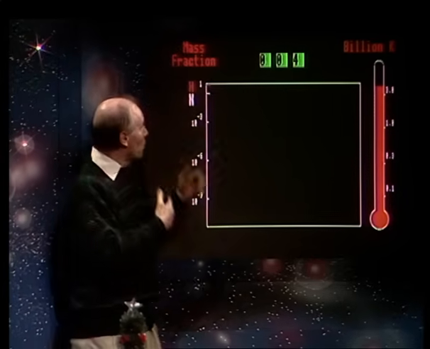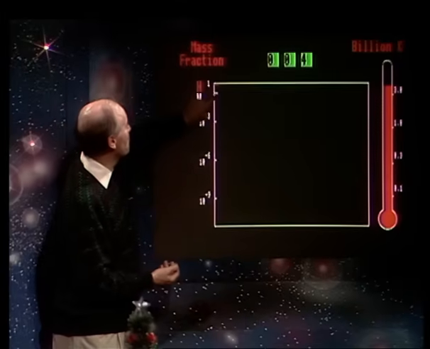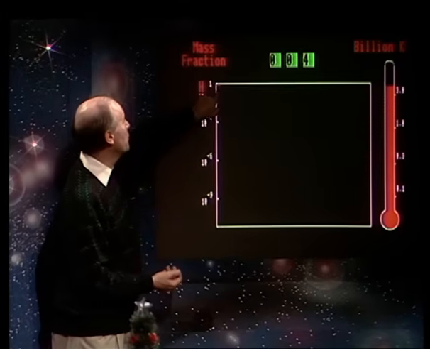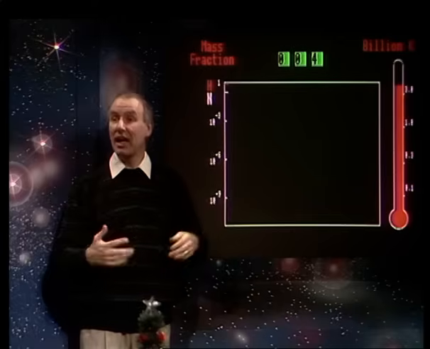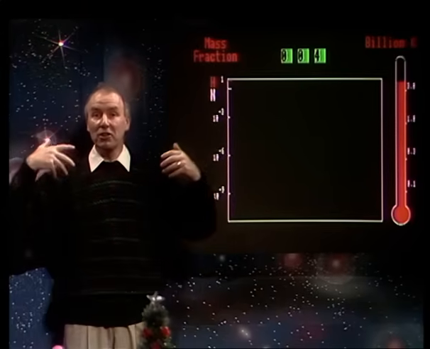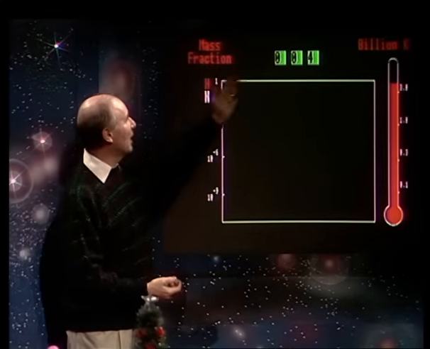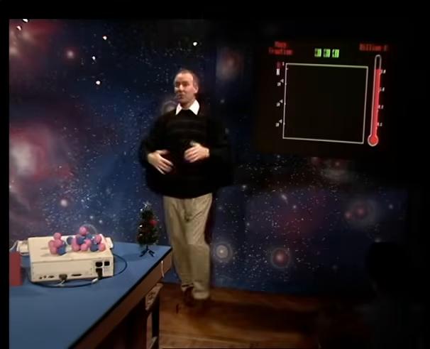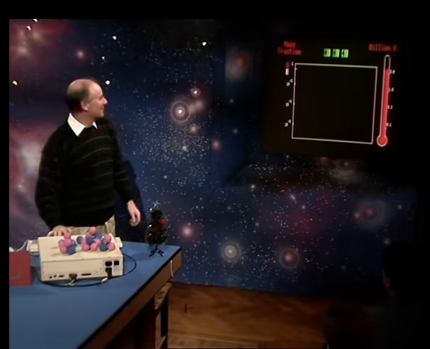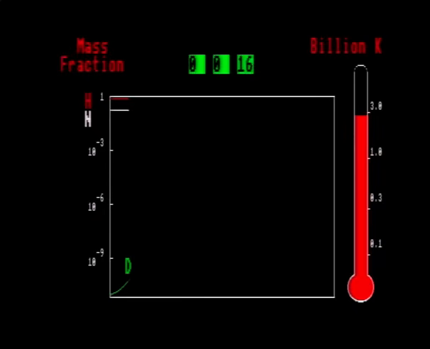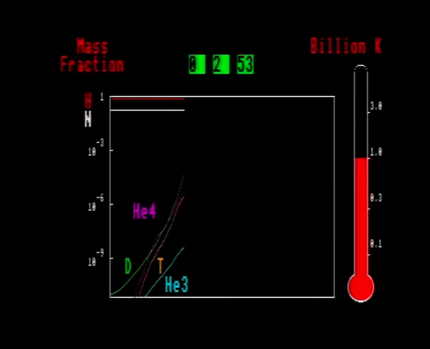Okay? From our physics, we know that we start off with roughly 1 neutron for every 10 hydrogen nuclei. That's the protons. And so we're now going to run through the first 12 hours of the universe, watching the temperature going down and the clock running. Shall we go? Let's go. Here we go. Now, very soon, we start to build up little bits of deuterium, little bits of helium-4, some tritium, helium-3 coming. 1 minute's passed. We're up to 2 minutes, and still we're building up these light elements.